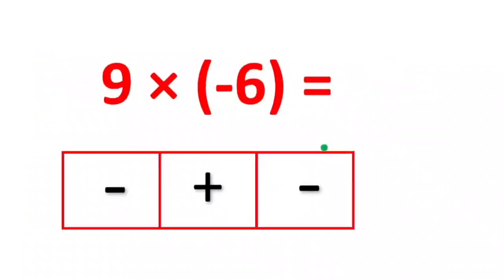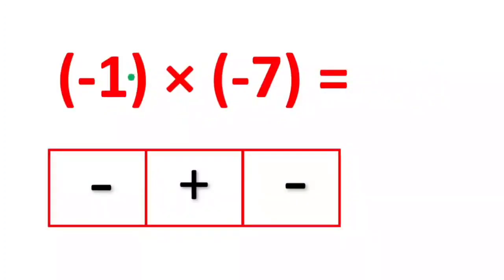Now see the next question, 9 multiply negative 6. First we simply multiply: 9 sixes are 54. What will the sign be, positive or negative? This trick will tell the answer. For 9 there is no sign, that means positive. Match the signs: positive, and the sign of 6 is negative. The remaining sign is negative, so we get negative 54. 9 multiply by negative 6, we get negative 54.